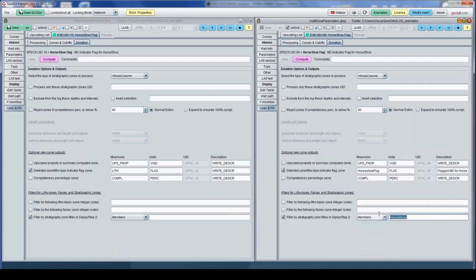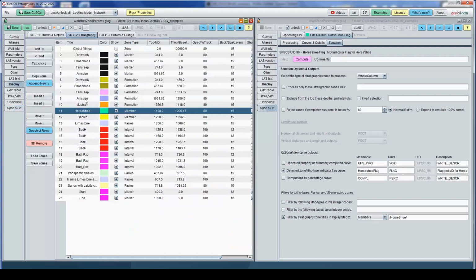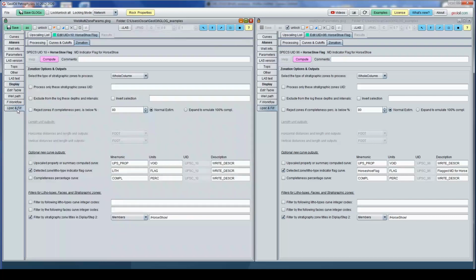Hit members, and you have to seek for the word Horseshoe. When you type Horseshoe, it will go to stratigraphy internally and will match this title. And the mnemonic for the curve and the description for the curve.